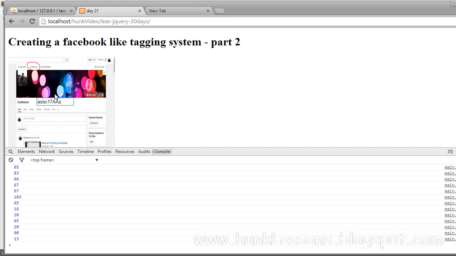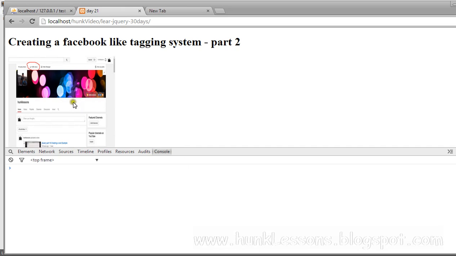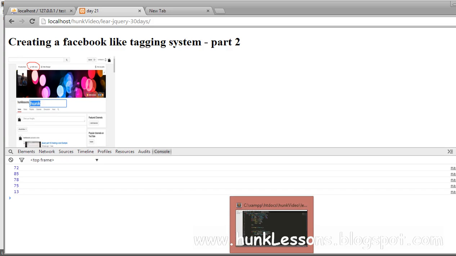We want that whenever I write hunk and press enter, the letters which I have typed should be saved to a database. So we will save it by pressing enter.